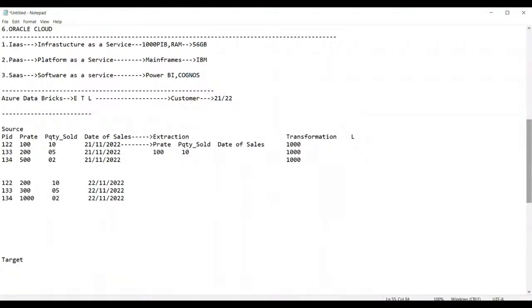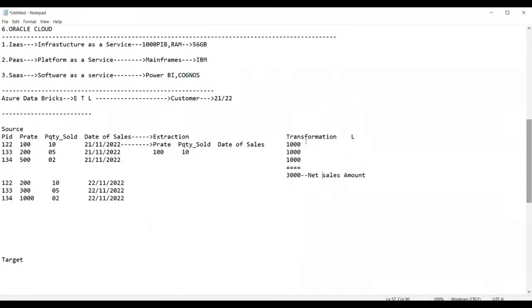What is the sum of these three? It is 3000. So can I say that here you can see the net sales amount? Am I right, everyone? So this you are doing under the process of transformation.